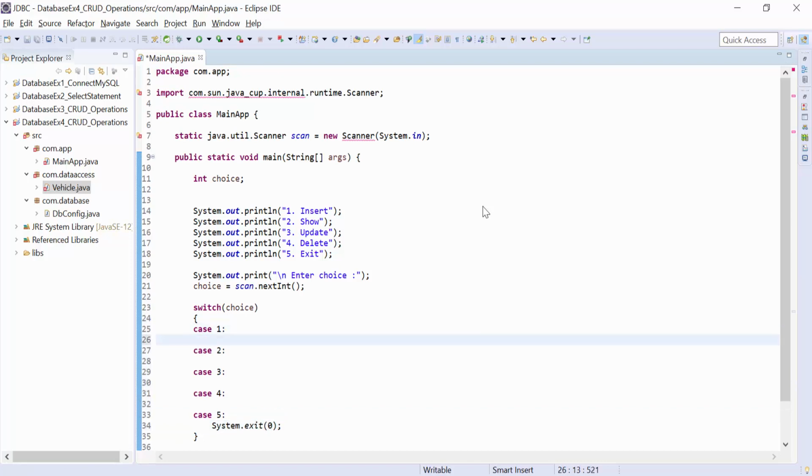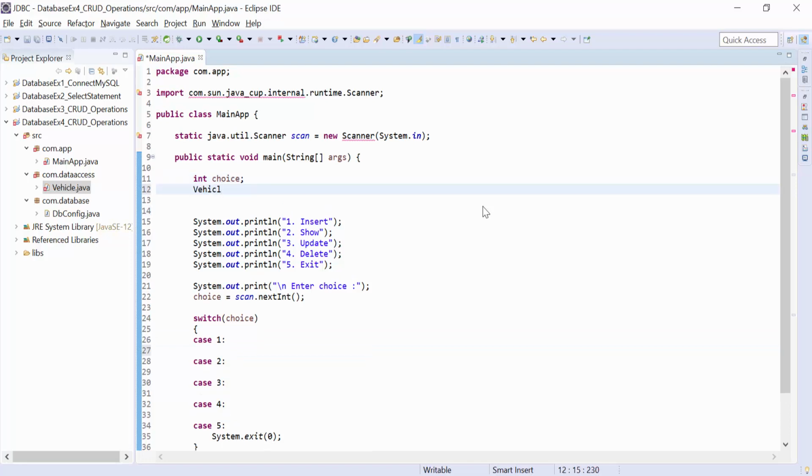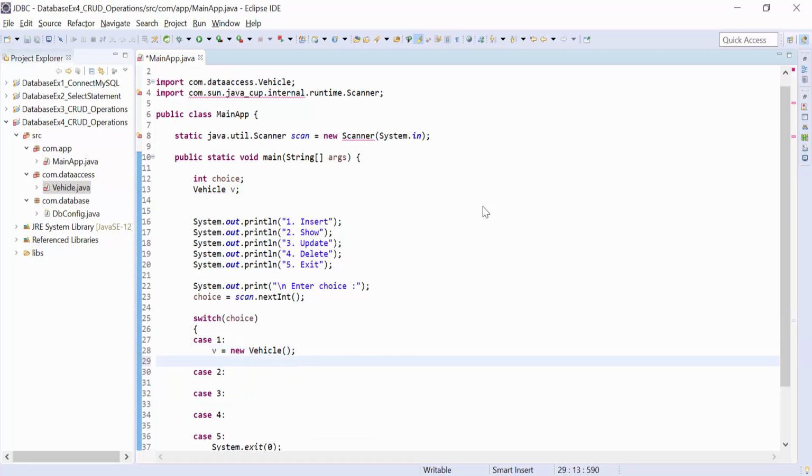Now when I press 1, I want to create a vehicle record. So here we declare the object, Vehicle v. Here we write v is equal to new Vehicle. Okay, now this is a Vehicle class object, imported from the package data access, and we ask the user to enter some details of the vehicle.